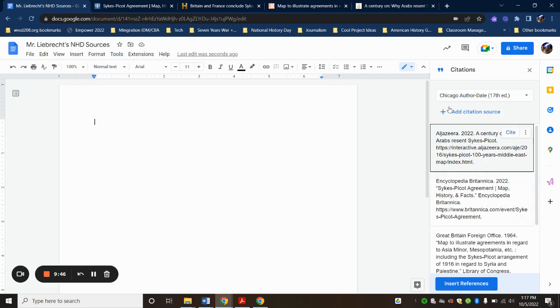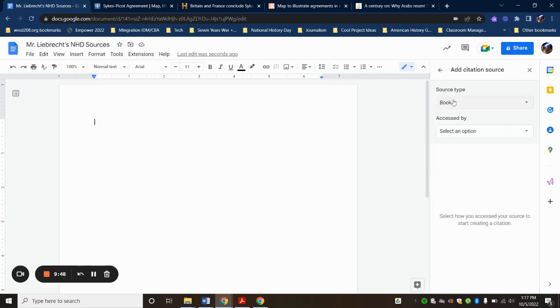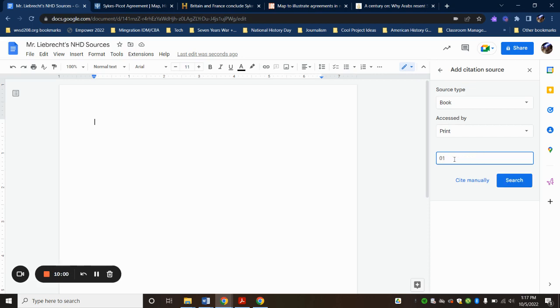digital. So now I want to enter a book. So I'm going to click add citation source again. This is a book. It's going to be a print book because I have it in my hand. If it was through a website or online database, I would choose those. I'm also going to use the ISBN number to search instead of typing the whole title out. So the ISBN is usually located on the inside pages of the book or on the back next to the barcode. So I'm just going to enter that number real fast